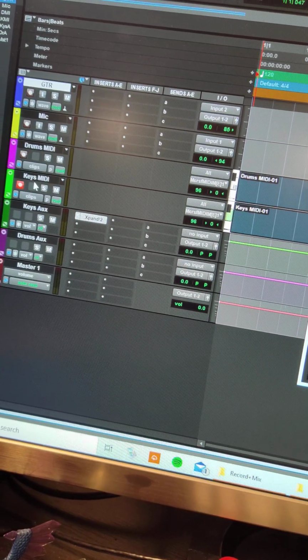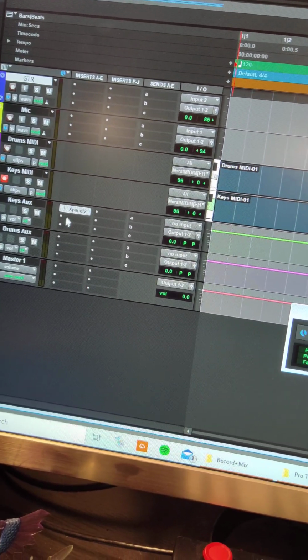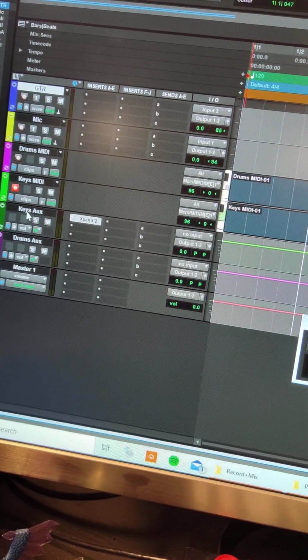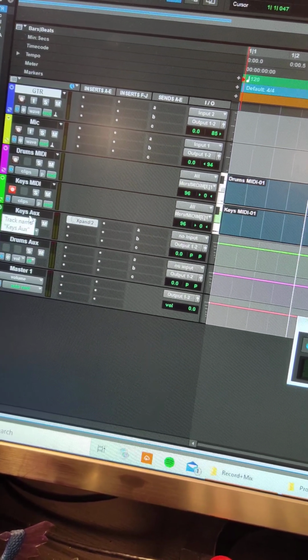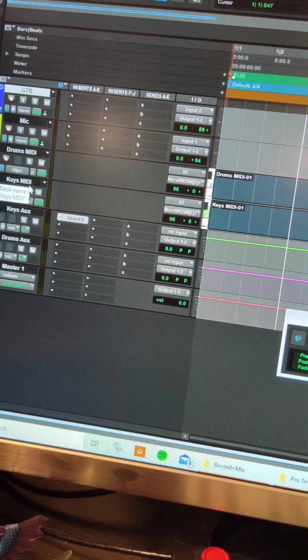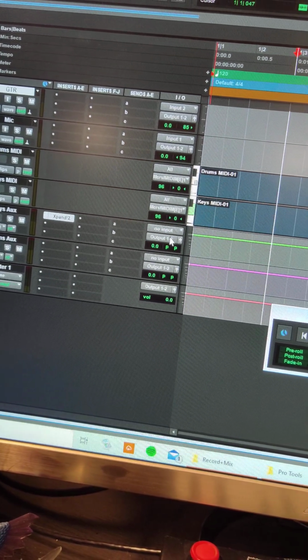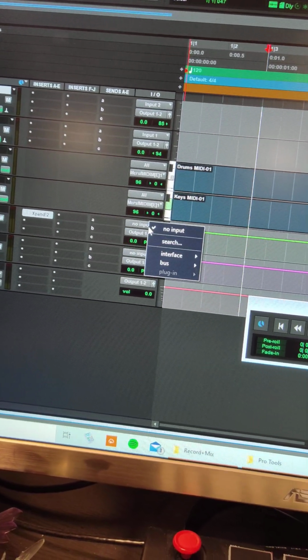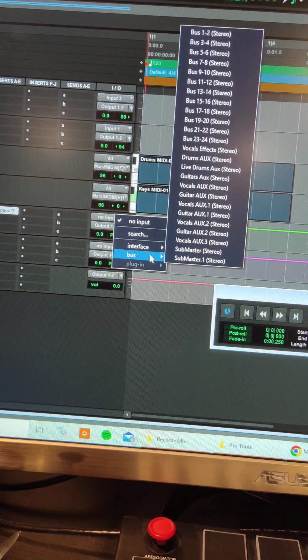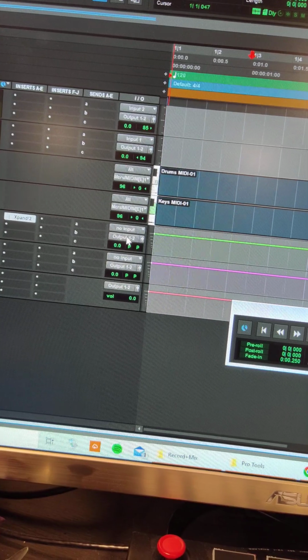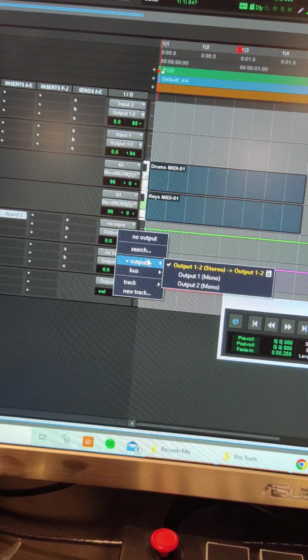Why? Because I didn't tell him to be the piano from the keys aux. So the keys MIDI is not connected to the keys aux. So we got to connect the keys aux to the keys MIDI. And the way you do that is you go right here, input, interface, bus, no, output. You go output, bus,